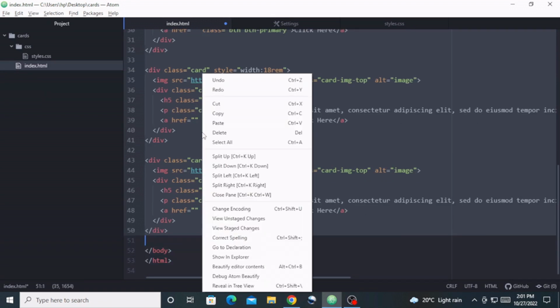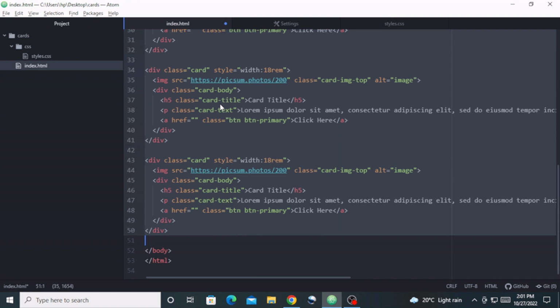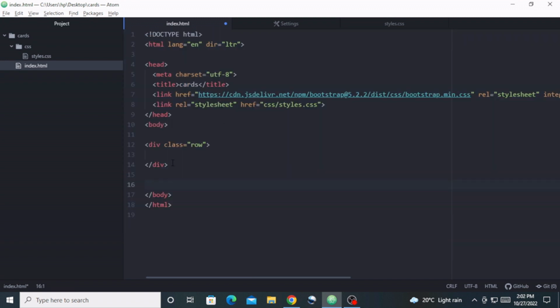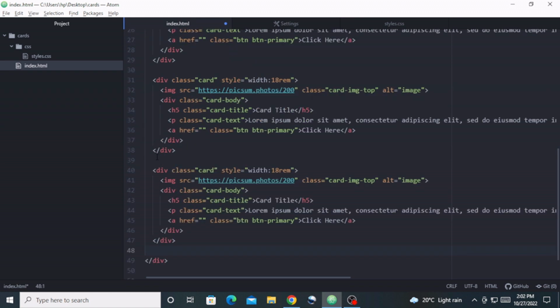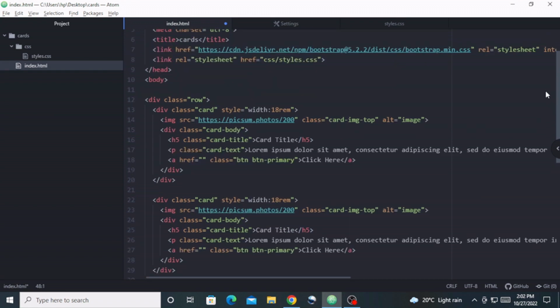I'm actually going to cut them. All right, I've just cut all the cards, and then I am going to paste them inside this div right here. Now these cards are inside a div that I gave the class of